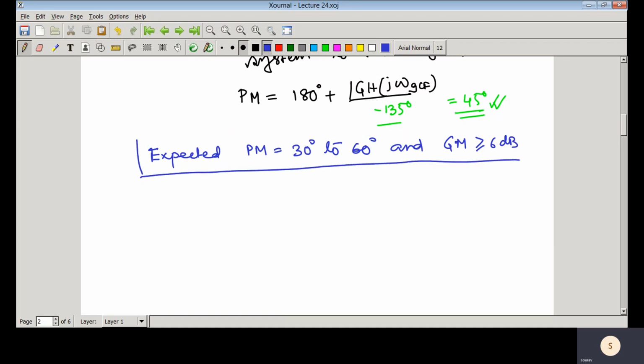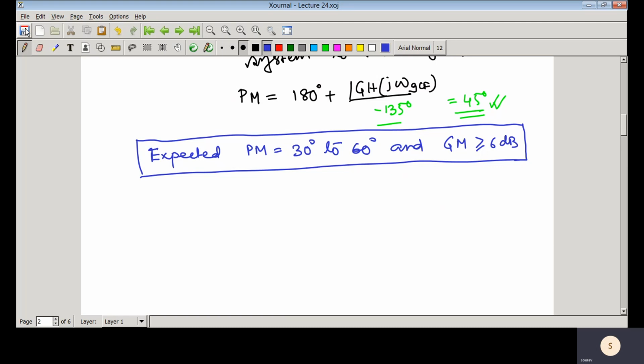You may ask from where we get this data. Later on you will see that if you can maintain this much gain margin and phase margin, then that system would be stable, as well as robust stable in some cases, and the performance also would be satisfactory. So you should keep remembering these two data. That means the expected gain margin and phase margin.